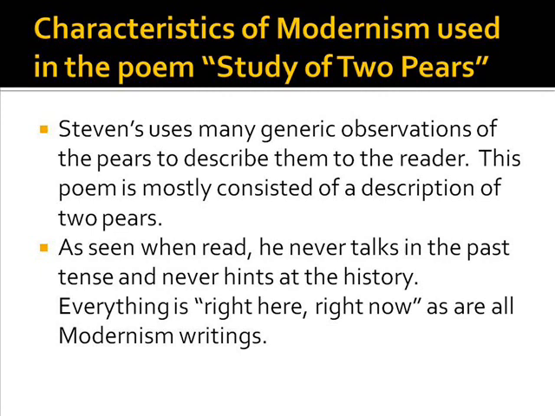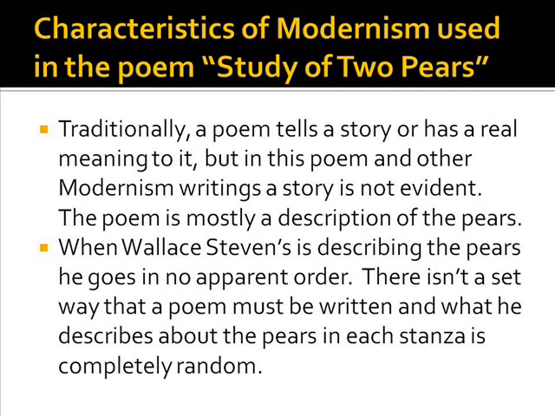This poem mostly consists of a description of two pairs, and when read, he never talks in the past tense and he never hints at history. Everything is right there, right now, kind of thing, which is apparent in all modernism writings. A couple more characteristics of modernism that were used in the poem